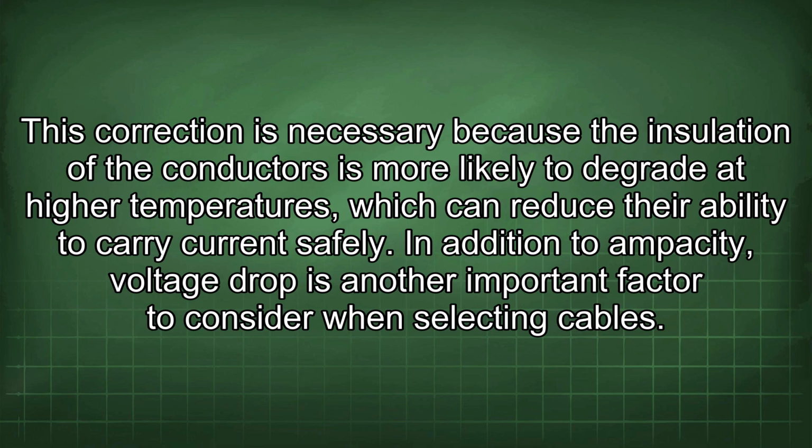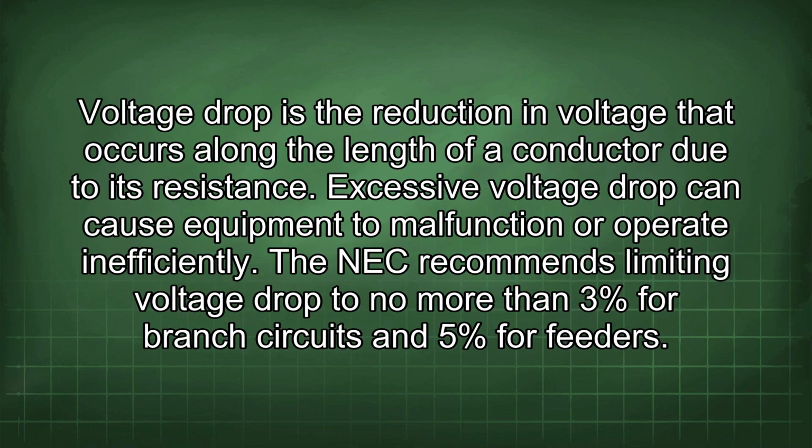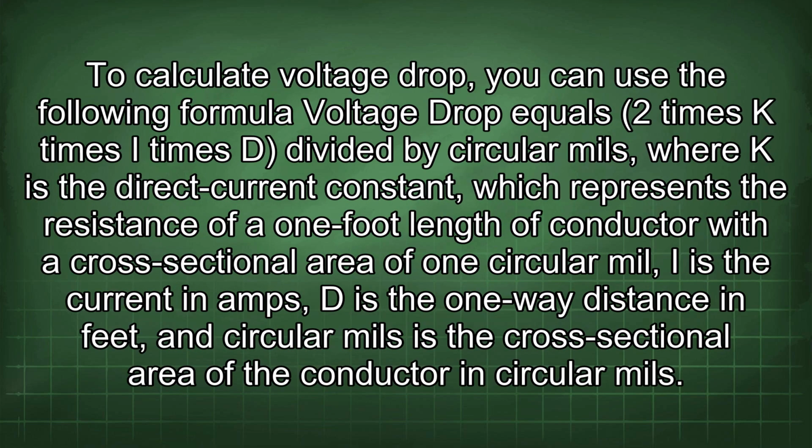In addition to ampacity, voltage drop is another important factor to consider when selecting cables. Voltage drop is the reduction in voltage that occurs along the length of a conductor due to its resistance. Excessive voltage drop can cause equipment to malfunction or operate inefficiently. The NEC recommends limiting voltage drop to no more than 3% for branch circuits and 5% for feeders. To calculate voltage drop, you can use the following formula: voltage drop equals 2 times K times I times D